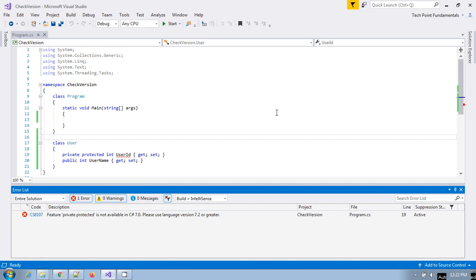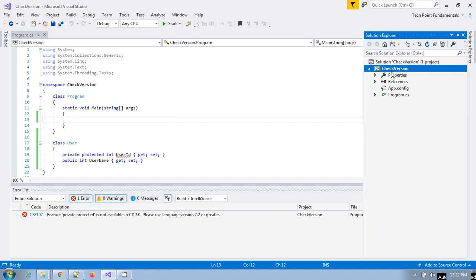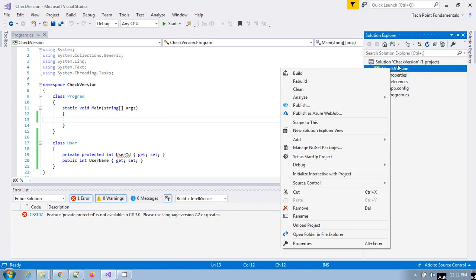So how will you know which version I am currently using, and how can you change this version to 7.2 if it is available in Visual Studio? For that, you have to go to the Solution Explorer, right click on this project and go to Properties.